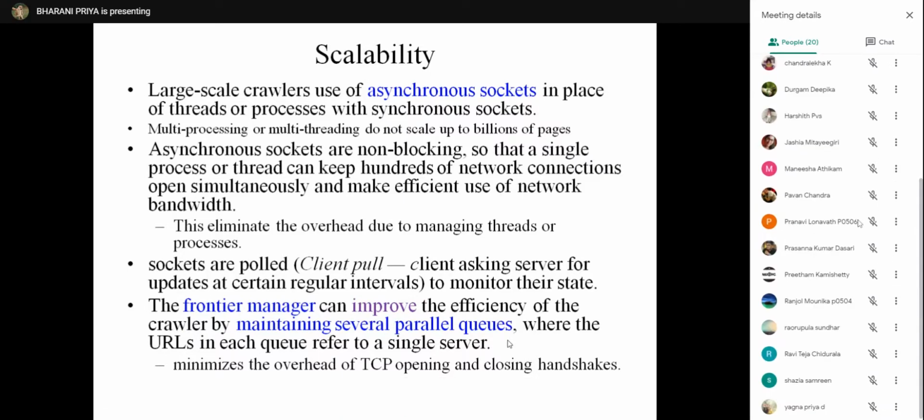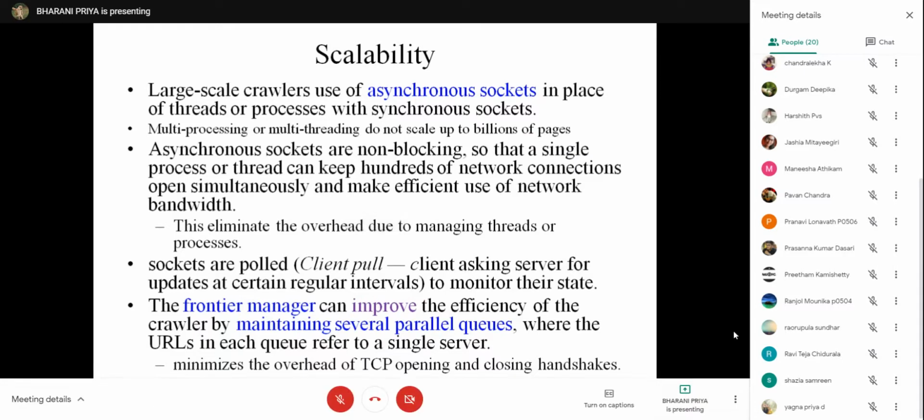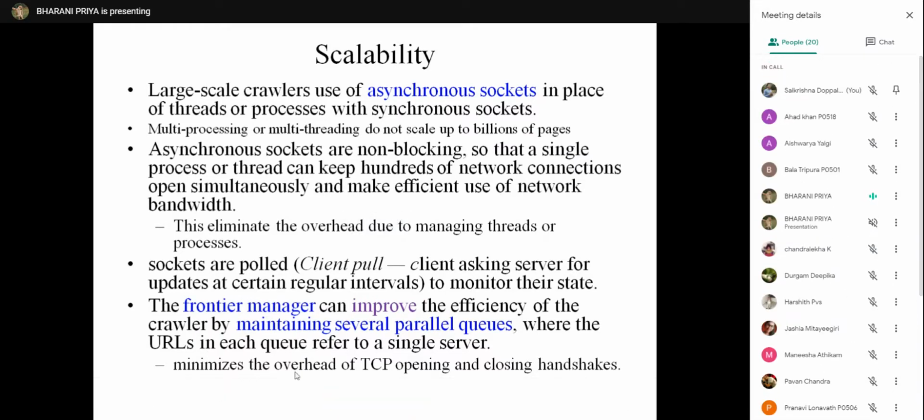When you increase the number of queues, the efficiency also increases. This will minimize the overhead of TCP opening and closing handshakes.